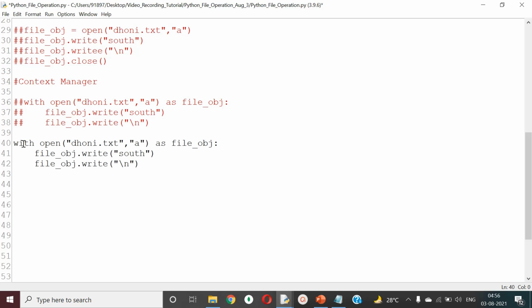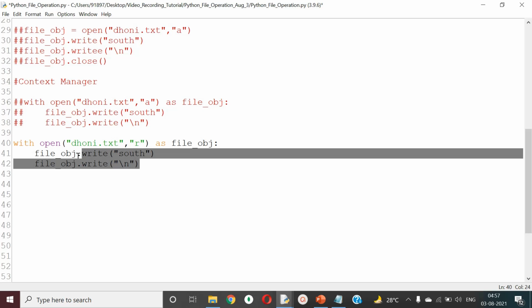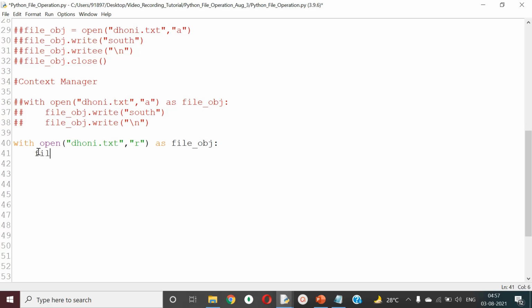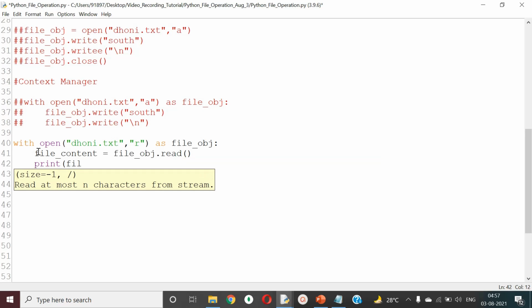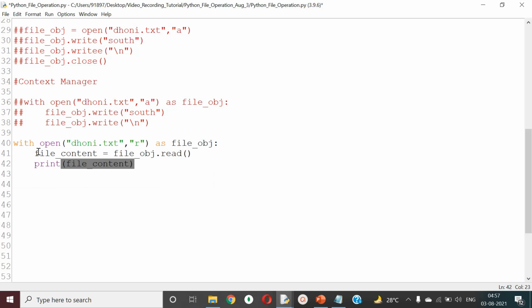Now what are the things that we have seen till now? Write as well as append. What is the next operation? Read operation. So what is the first change that I have to do? Change the mode of operation to R, and file content is equal to the file object dot read, then print file content.